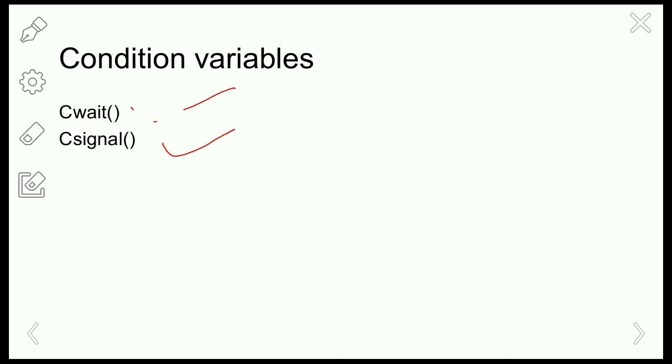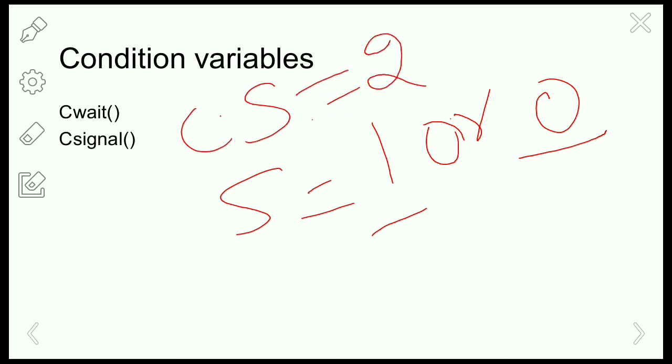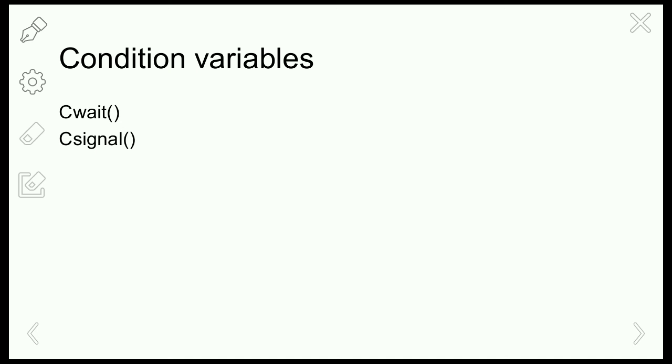Semaphores permit more than one thread to access the critical section, unlike monitors, which we have seen in the counting semaphores, right? But the binary semaphore is very strict. In binary semaphores, there will be only two values, right? So the semaphore value will be 1 or 0. In this case, only one process will be allowed to enter the critical section. But in the case of the counting semaphores, more than one process is allowed to enter the critical section. So in semaphores, there is no spinning, hence no waste of resources due to busy waiting.